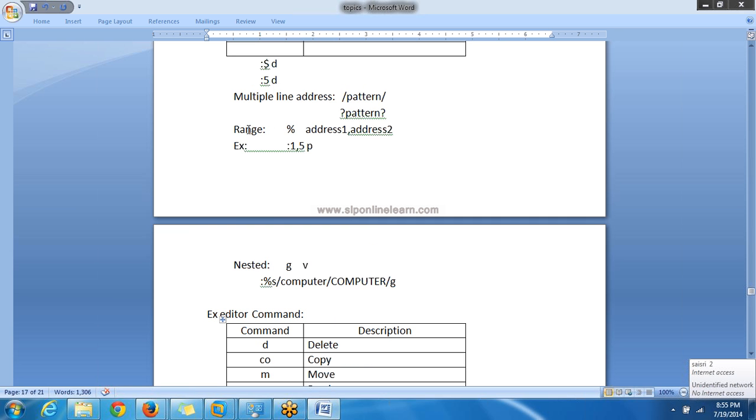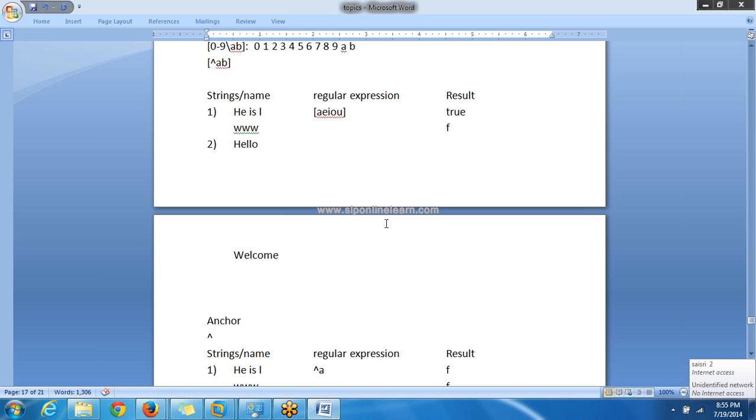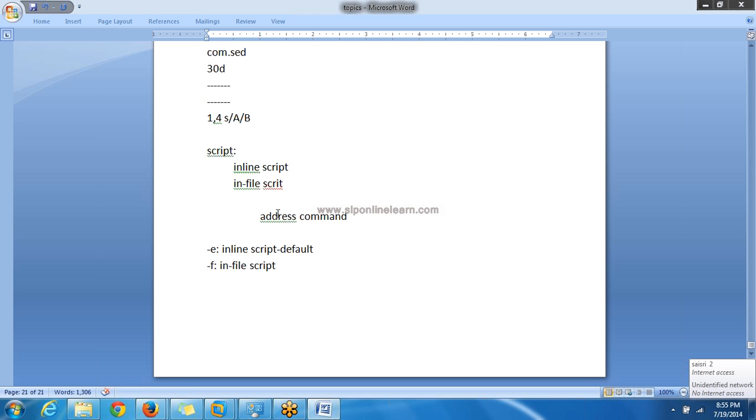It can be some range or it can be multiple also, patterns or classes. Generally it is a range. So you can use some address space command, whatever command you want to execute on this particular range or address. That command you can specify. What are the commands available with sed, that we'll discuss later.